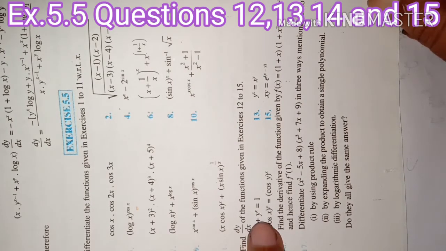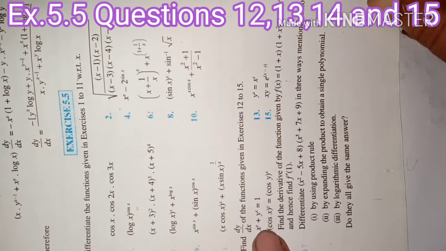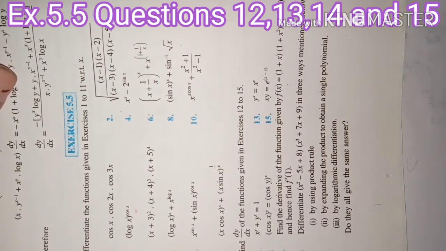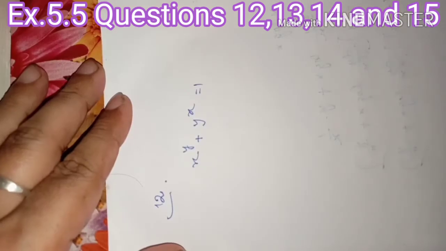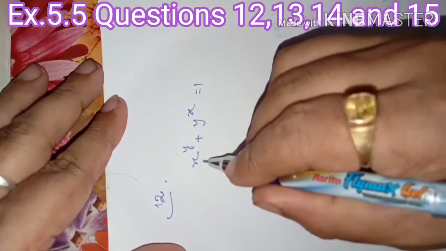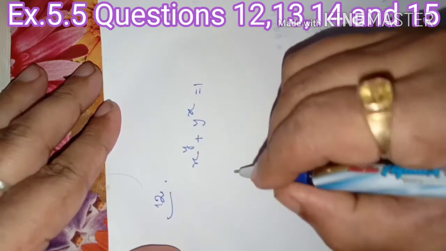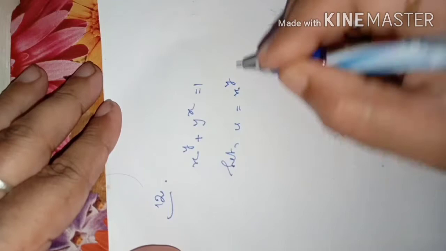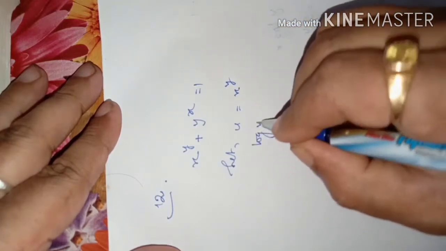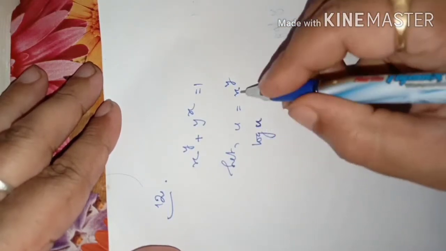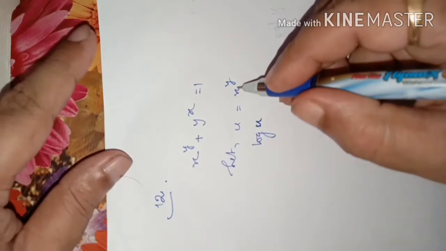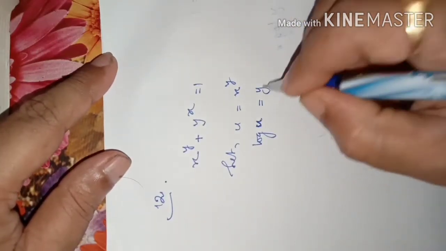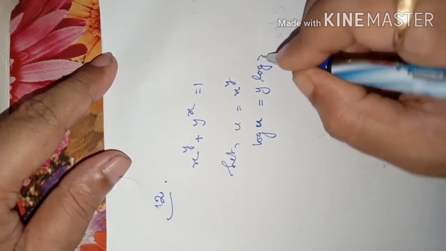x to the power of y plus y to the power of x equal to 1. We have to find out from here the dy by dx. Okay, students, let us see how to find dy by dx. Let us consider this x to the power of y as u. Suppose we consider u for x to the power of y. Then if we apply log of u, because it is a product of x, y times, we can use here y times log of x.